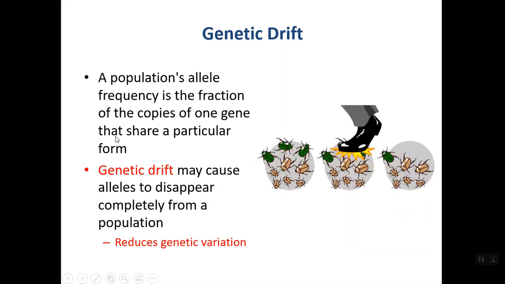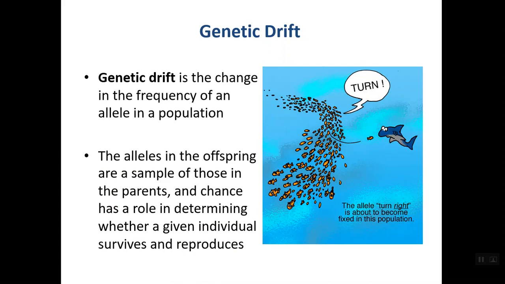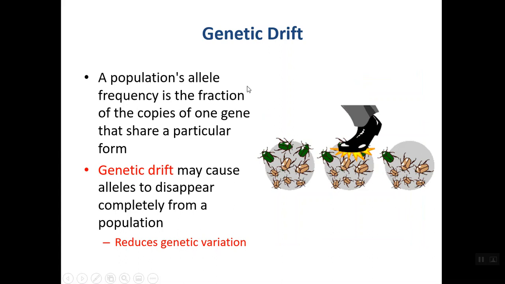Let's look at the main two types of genetic drift that can happen in a minute here. And just to give you an idea, most of the time genetic drift can happen if the population size is very small. Here in this example,